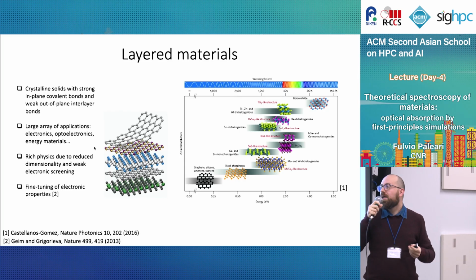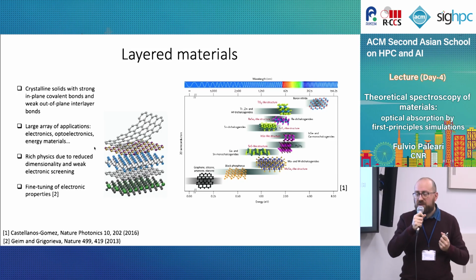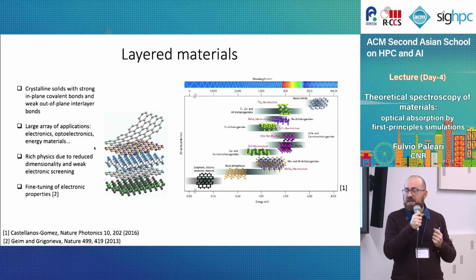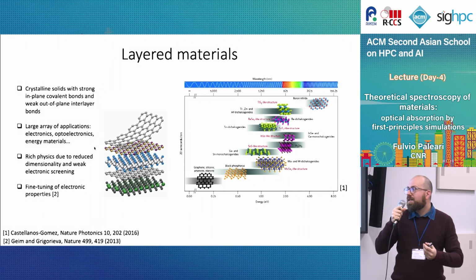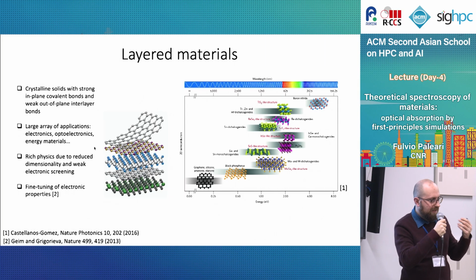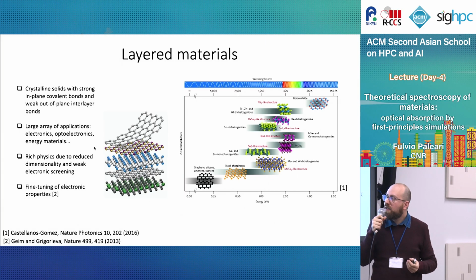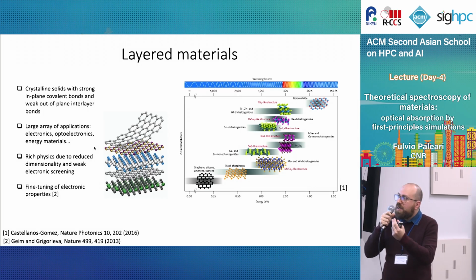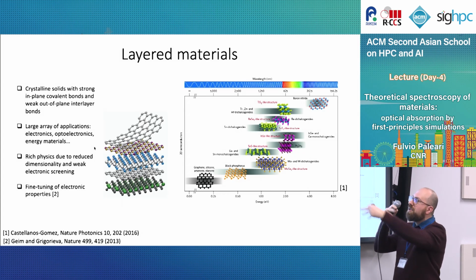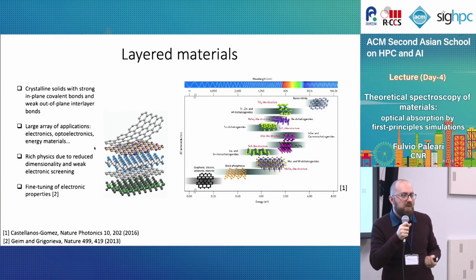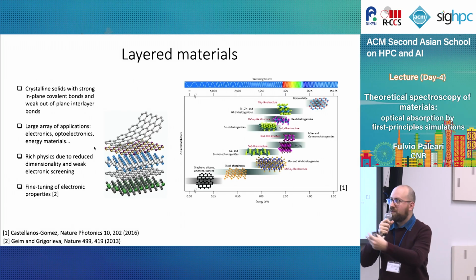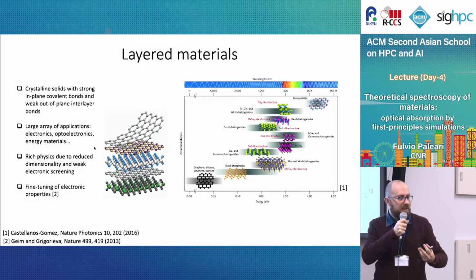In particular, we will see that the interaction between electrons and holes in these systems is much, much stronger and cannot be ignored, and DFT cannot describe it. And electronic excitations here will form bound states that we call excitons, and this we will see later. Another thing that you can do here is that you can engineer artificial structures by putting together these 2D systems, and in this way you have extreme control on the electronic properties of the heterostructures that you build.